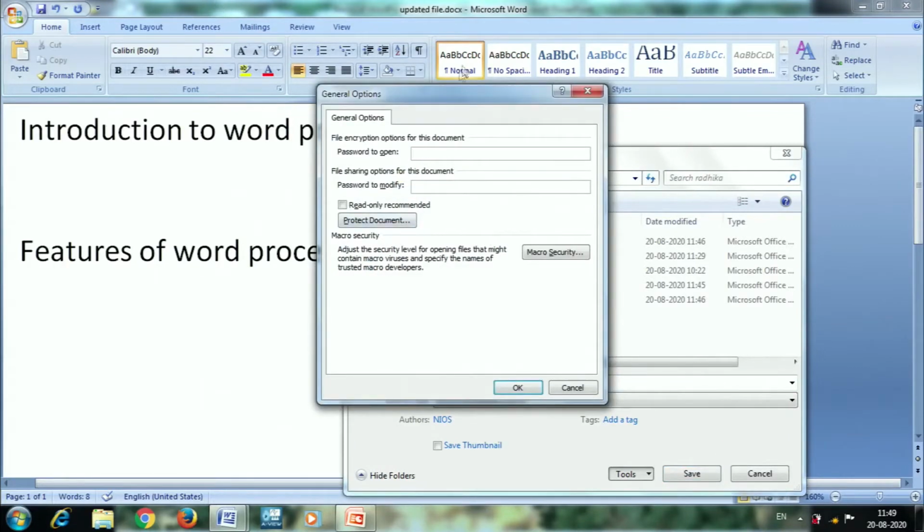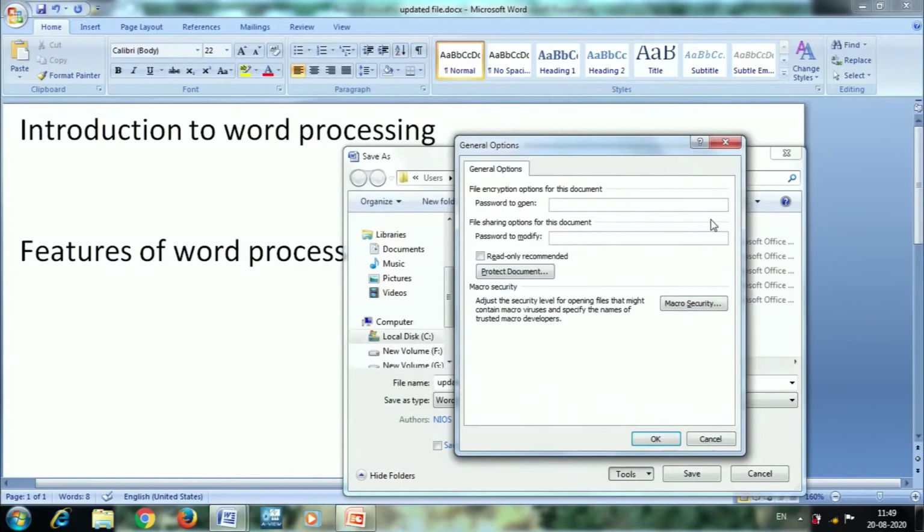Here, I hope you will be able to see my screen. Once I click General Options, the dialog box appears. Here there is an option for password to open. You will be able to see what is written here; it is very simple to understand: Password to open, File sharing options for this document, Password to modify.